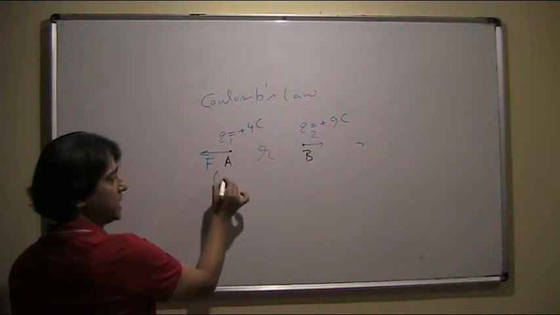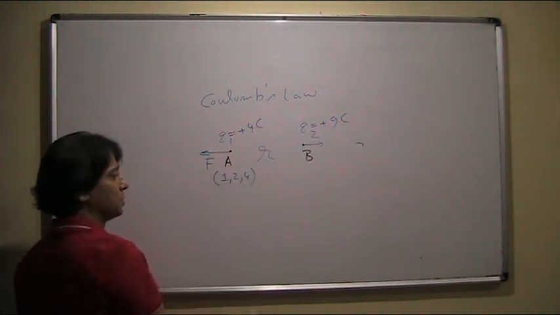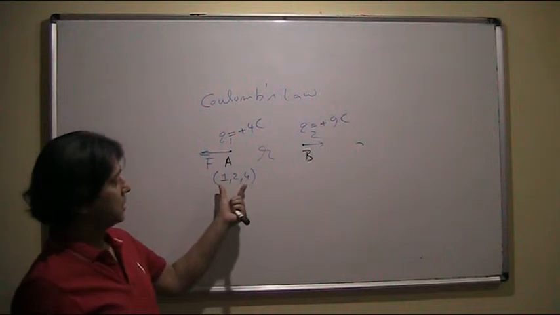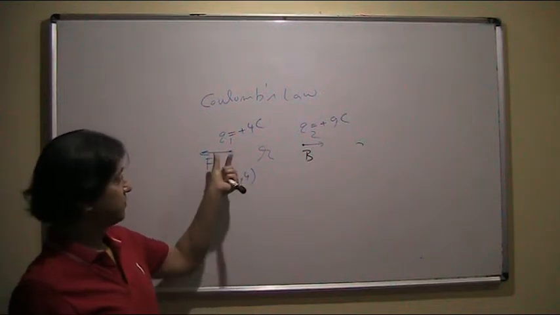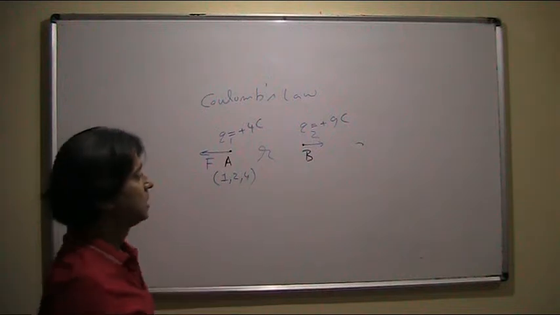Q1 is located at 1, 2, 4. The X, Y and Z coordinates of the position of Q1 are given by 1, 2, 4, and let's say that